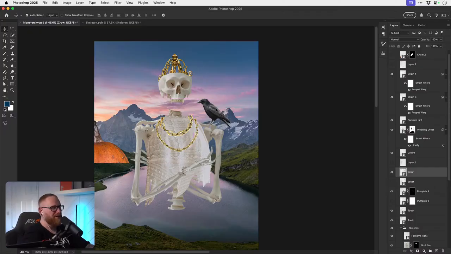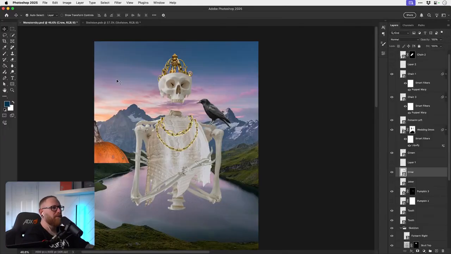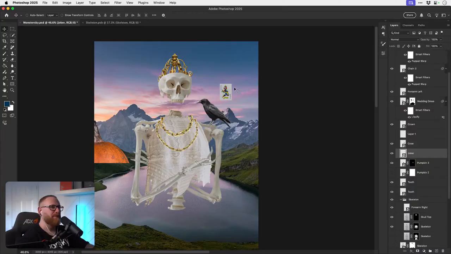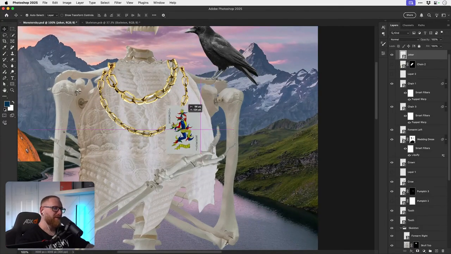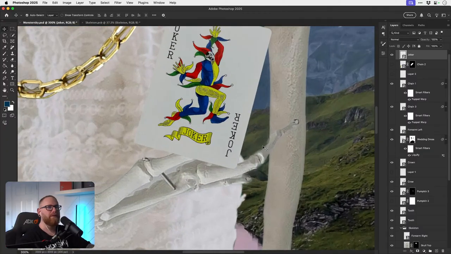I do quite like it on the shoulder. What can he be holding? Let's have a look at the images again. It could be holding the flipping Joker card. Where's the card? How am I going to stick this between his... I need to get the fingers to kind of come up a little bit. So it's like that. What's this arm here?